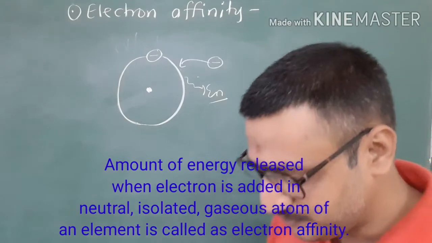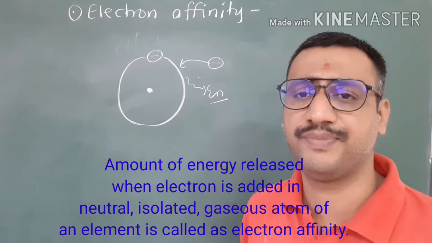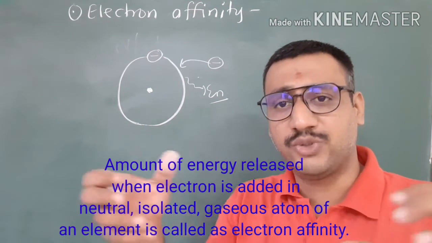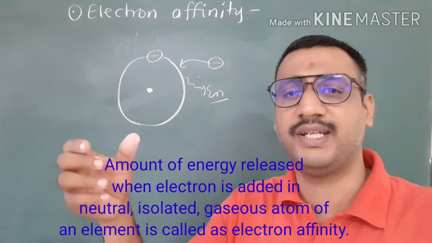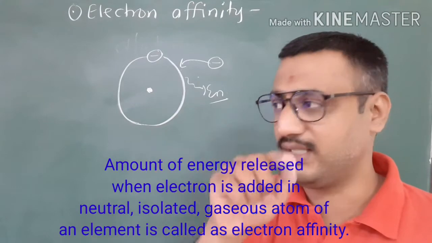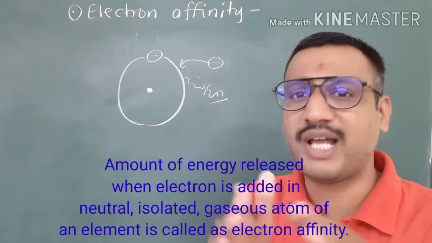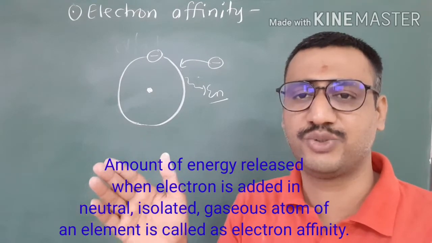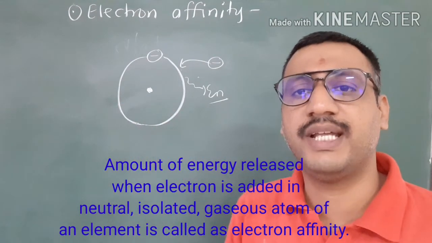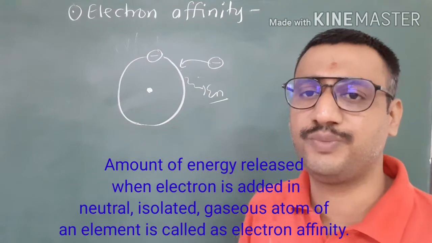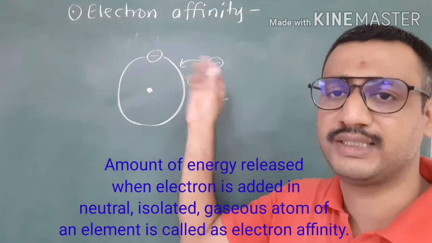Now why is the gaseous state required for that isolated atom? Because atoms are available in isolated form in their gaseous state. Suppose we consider solids: iron is available as an iron rod, but in an iron rod the iron atoms are in the solid state, isn't it? And in an iron rod they are not in an isolated state. So whenever atoms are in an isolated state, they should be in their gaseous form. So for an isolated, gaseous, neutral atom, when we put an electron, energy is released; that is the electron affinity.